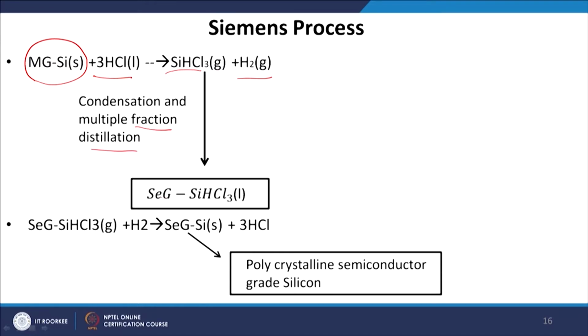What do we get from there? We get EG SiHCl3, which is in gaseous form, and we react that with hydrogen. The hydrogen will react with this chlorine to make the 3HCl again, and it will release the EGS from this chlorosilane compound. So, we get the polycrystalline silicon and also get the hydrochloric acid back. This hydrochloric acid can further be used to react with the metallurgical grade silicon to make the chlorosilane. So, this process then repeats and we get polycrystalline semiconductor grade silicon.